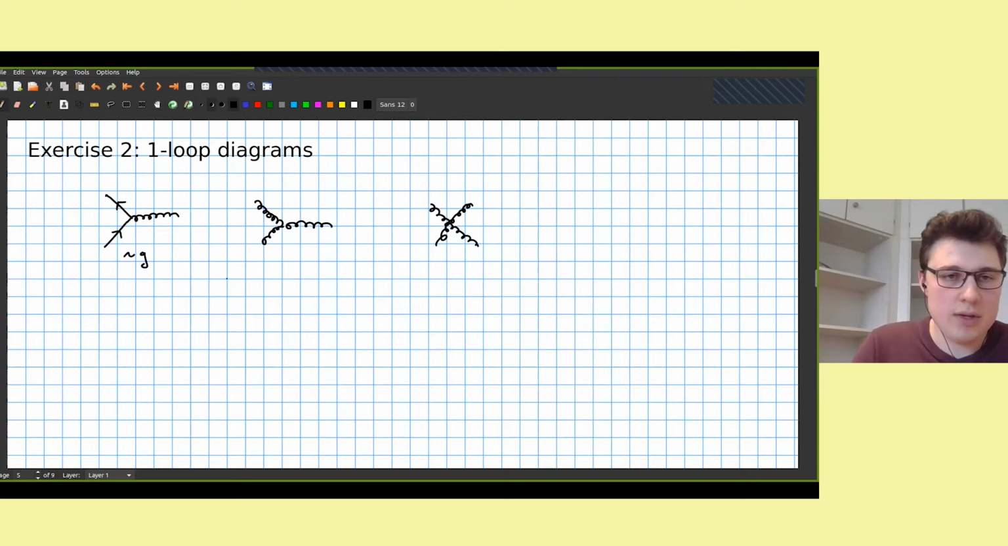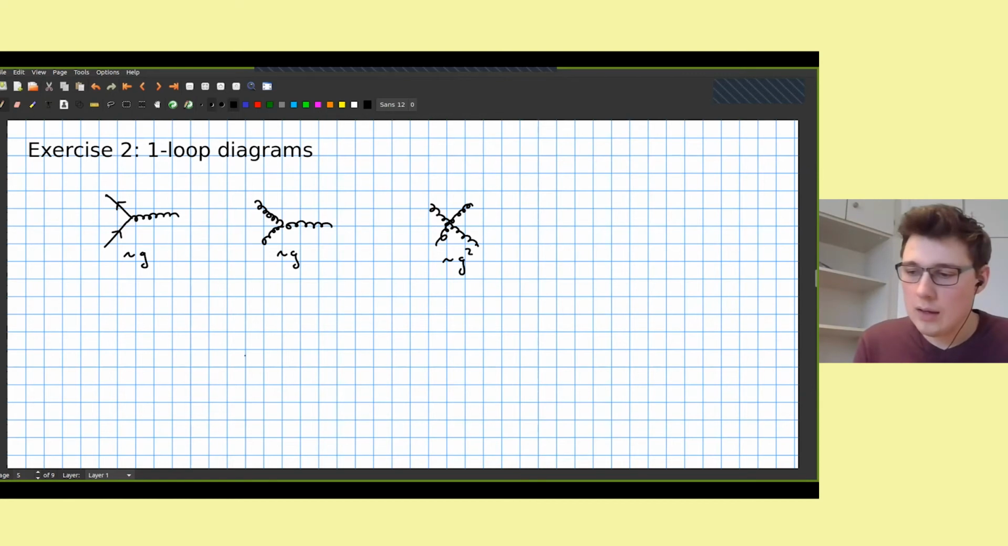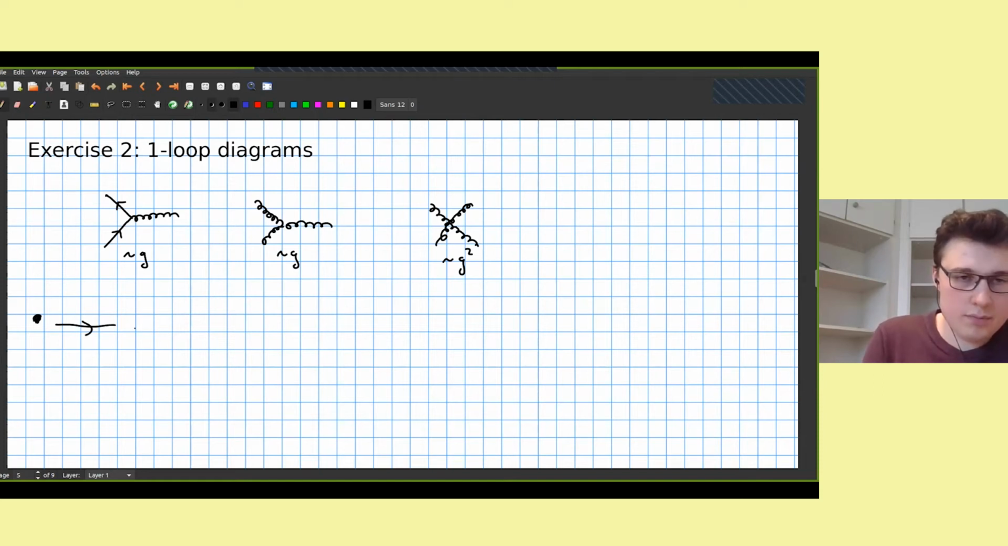The first two scale with G, and the second one scales with G squared. So this will become important later. So then let's start with the quark propagator, which is at tree-level a simple quark line, of course. So again, the most trivial thing you can do,